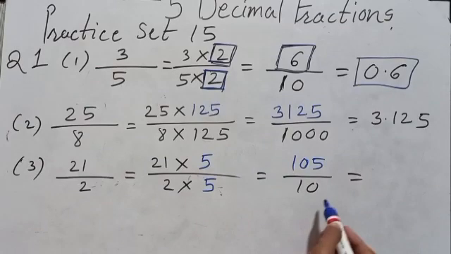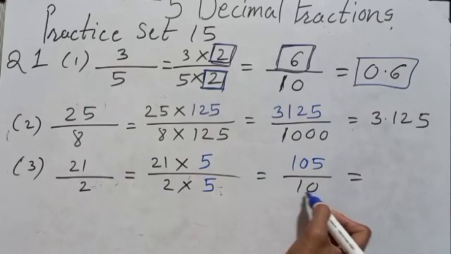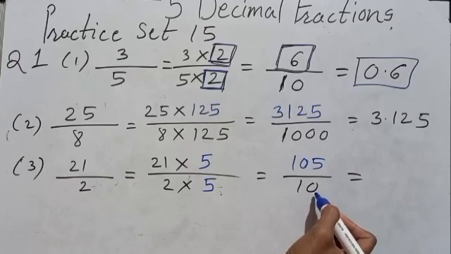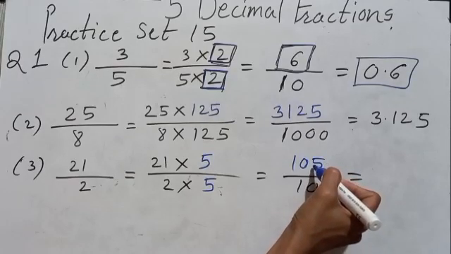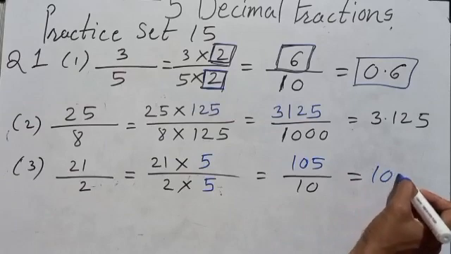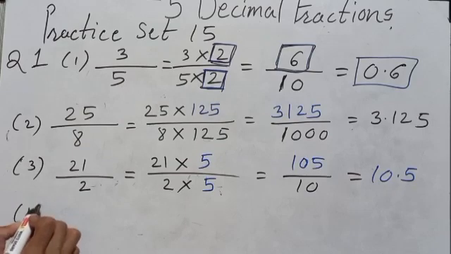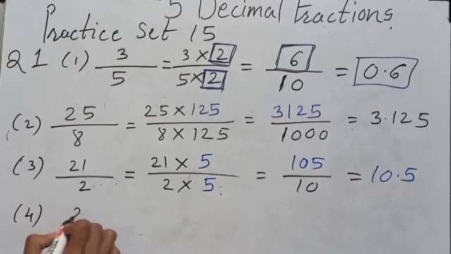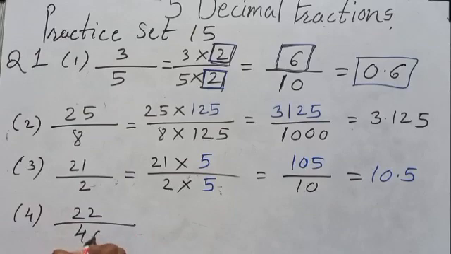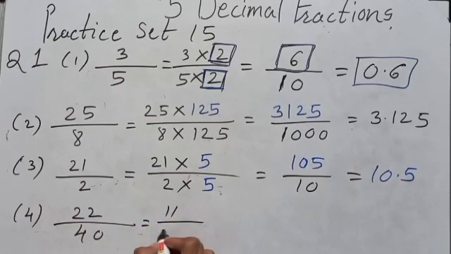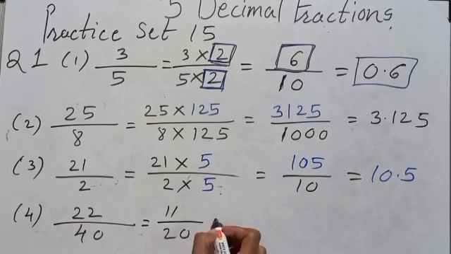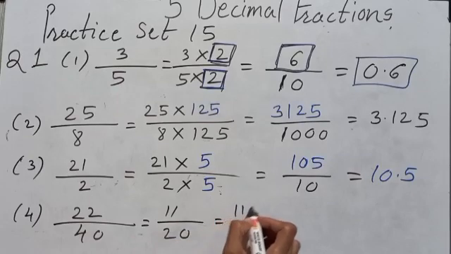Now how to convert it into a decimal fraction? On 10 only 1 zero is there. So leave 1 digit from the right side. That means the answer will be 10.5. Answer will be 10.5. Fourth one, 22 upon 40 is equal to 11 upon 20 is equal to 11 multiplied